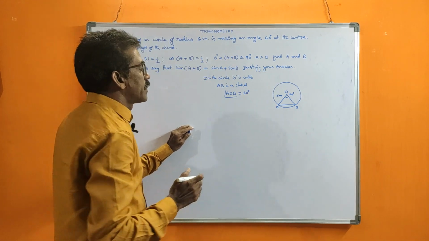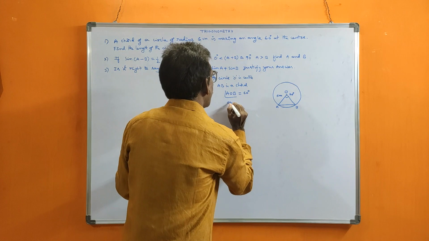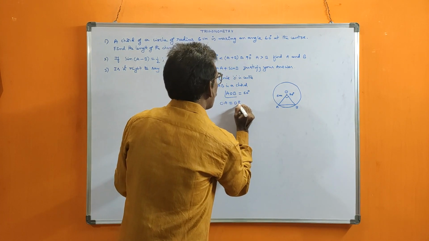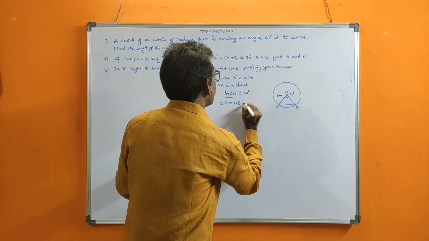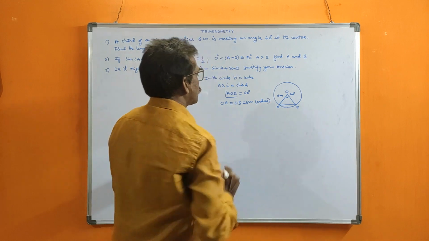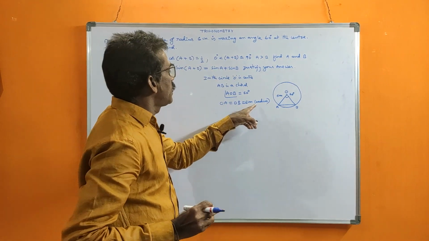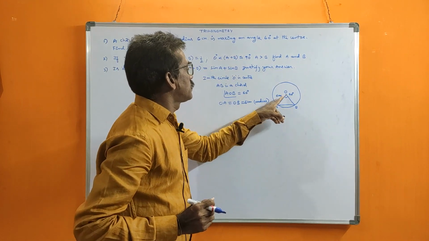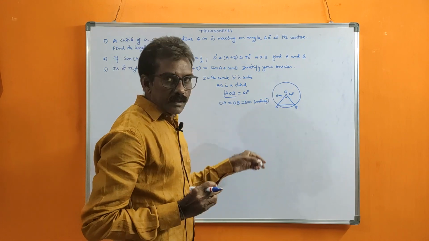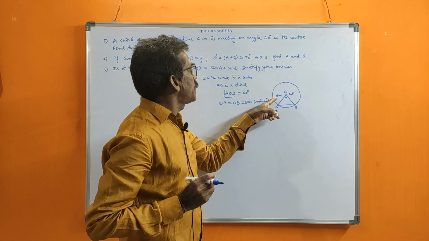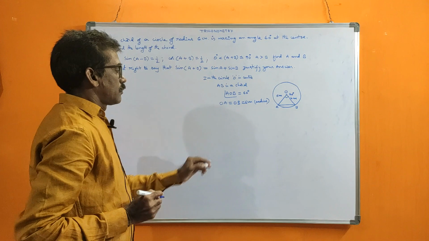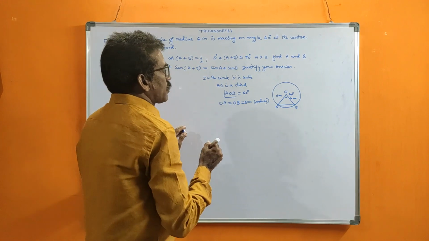This is also given. Next, what is given? OA is equal to OB is equal to 6 cm, the radius of the circle. See, OA is equal to OB. Why? Because this is also a radius, this is also a radius. The radius is the same in any circle. That's why this is 6, and this is also 6. Now what we should do: